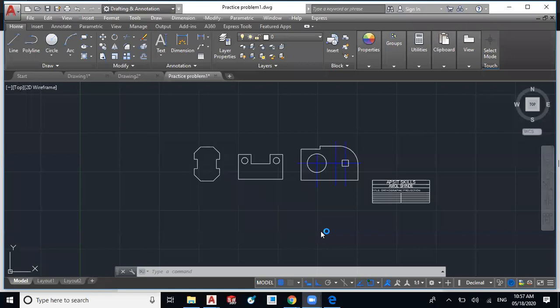Into the scale drawing. If you select the paper size, then it will fit into that paper only. Whatever the scale of the drawing, it will fit into the paper size. And scaling, you have to define in the table, that is the title block, whichever you insert; in that you have to mention the scaling.